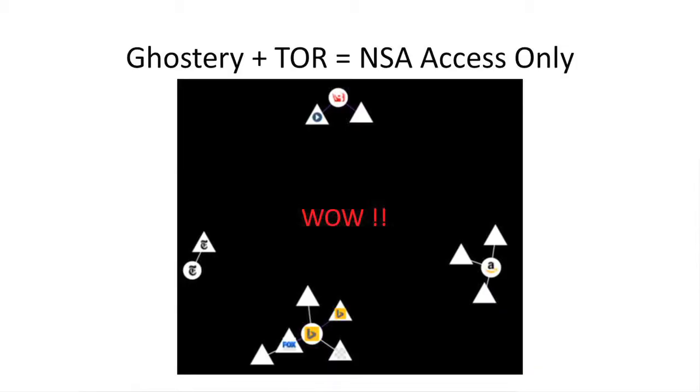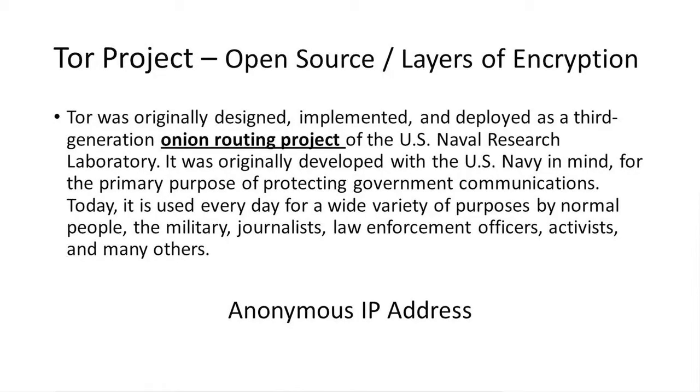Let's take a look at this one. I had a little fun here with the NSA access. But what I really want to iterate here is Ghostery plus one other layer of protection, which is called Tor, the Tor network. You might have heard of it. It was recently in the news with Silk Road, those guys having the Silk Road website taken down. They were exclusively using the Tor network. The Tor network allows anonymous browsing